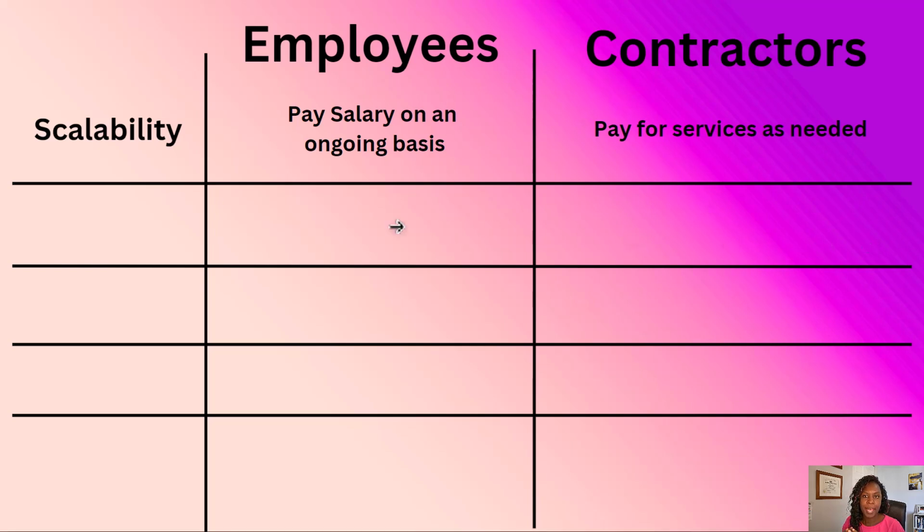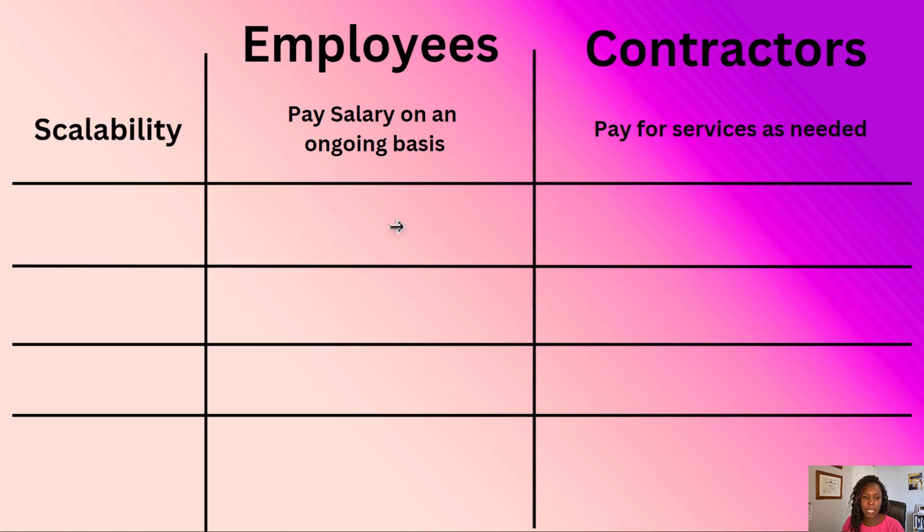Okay, so you have scalability. With an employee, you typically just pay an employee a salary, either weekly, every other week, or once a month. You pay them on an ongoing basis. Whereas with contractors, you pay for services as needed.